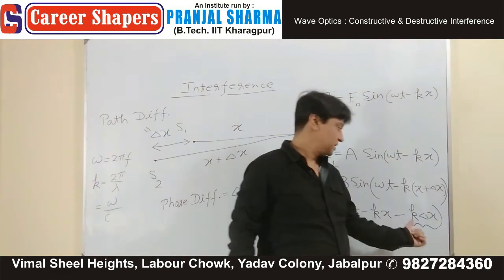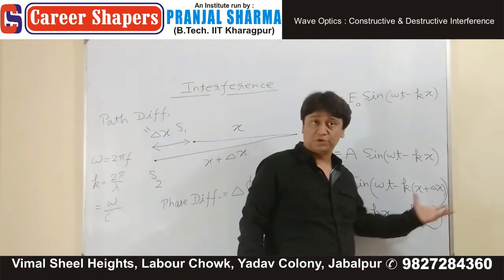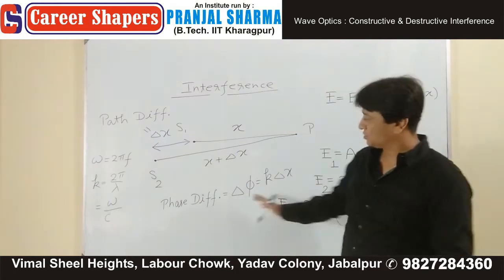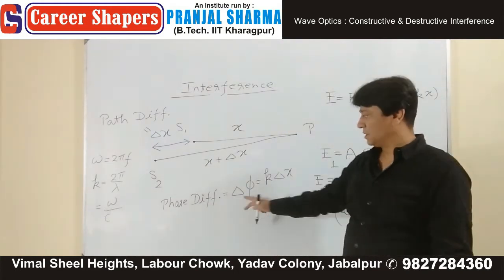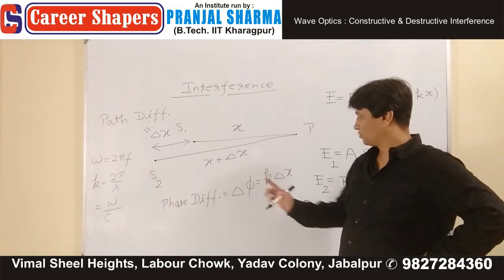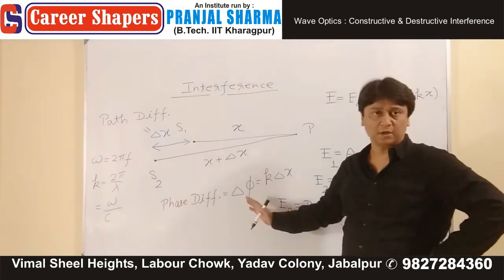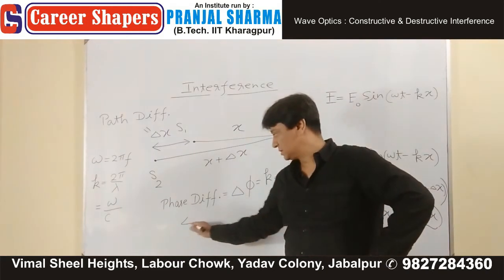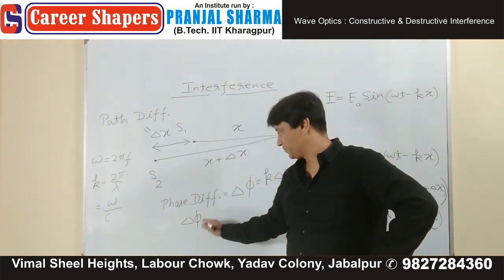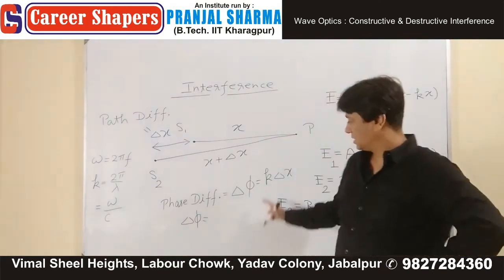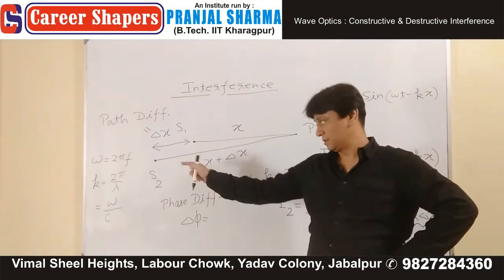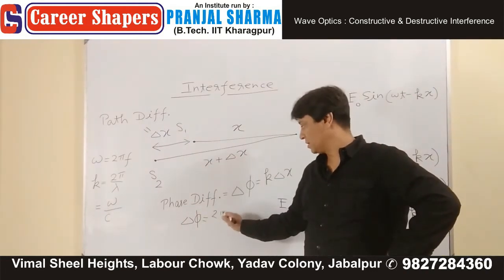We are interested in the mod part, which is k delta x. So this is the phase difference delta phi, which is related to path difference using this formula. Delta phi is now what? K, what is K? 2 pi upon lambda